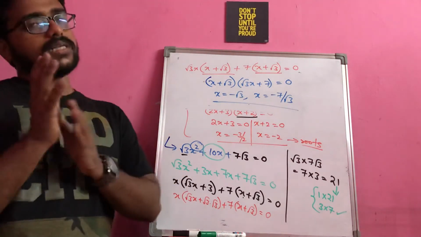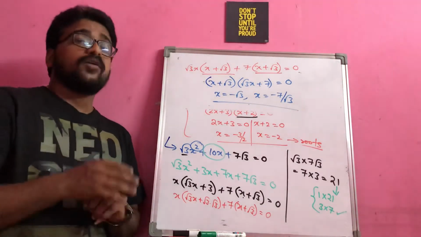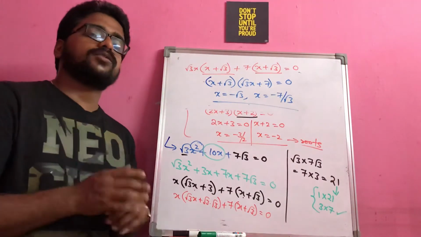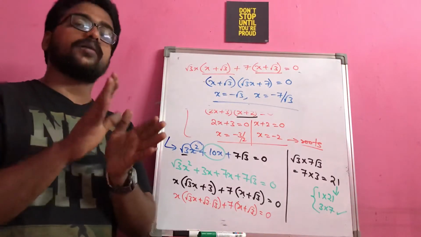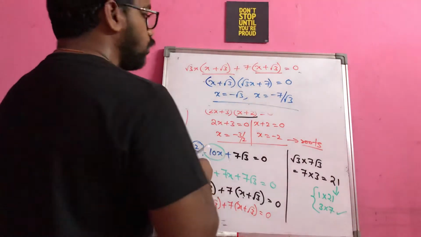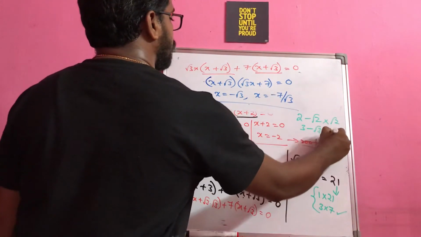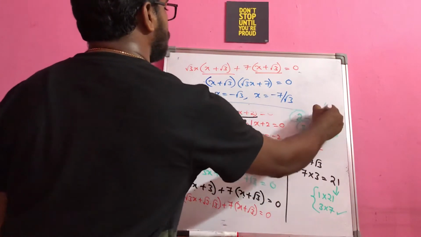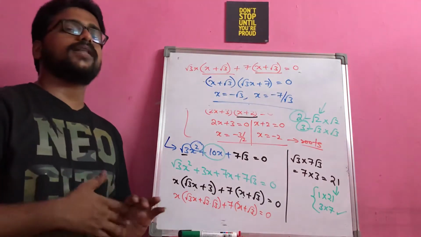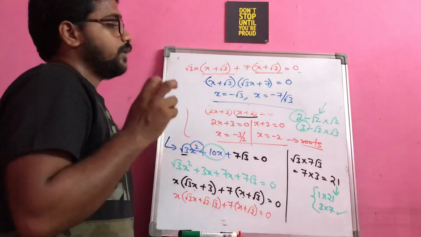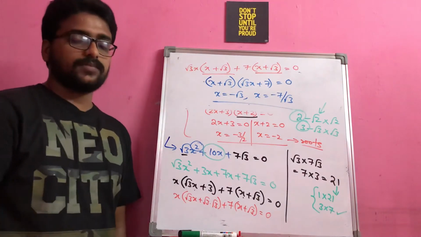So whenever irrational numbers are involved in the given equation, please remember one point. Whatever rational numbers you have, you may have to look into representing the rational number as a product of irrational numbers. If I have a 2, we know that 2 can be written as root 2 into root 2. 3 can be written as root 3 into root 3. That means the rational numbers are represented in terms of irrational numbers. This is one important point that you have to remember before solving a quadratic equation with irrational coefficients, right?